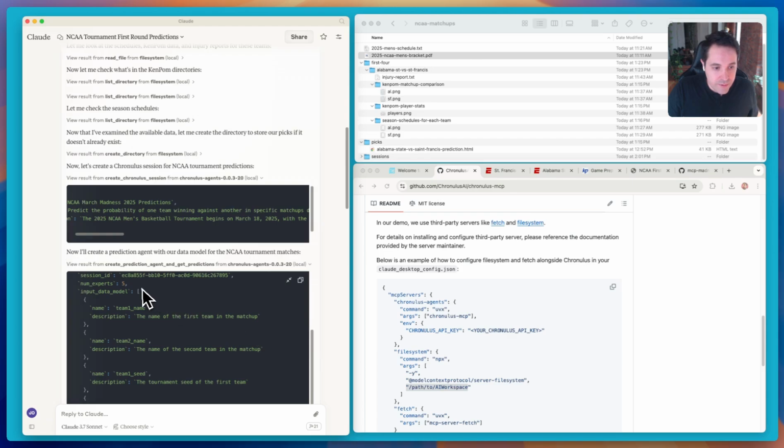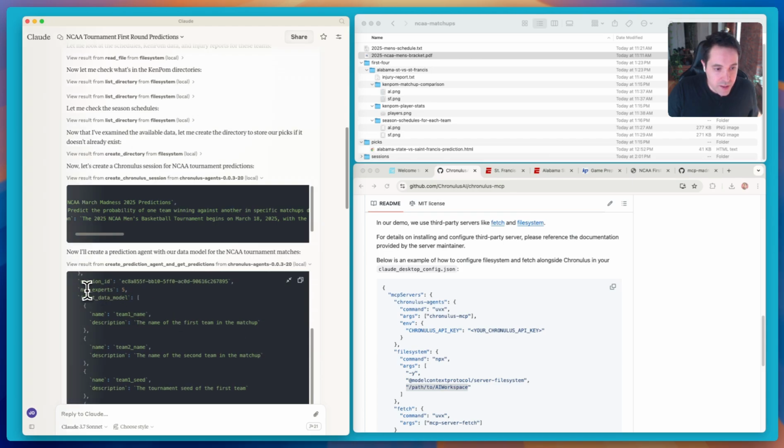So that's the agent creation, and it's also chosen to use five experts. It is more expensive to use more experts, so in general I think five is a good amount. You're going to get a more stable prediction if you use more experts. You can use as few as two experts, but your prediction is going to vary more.